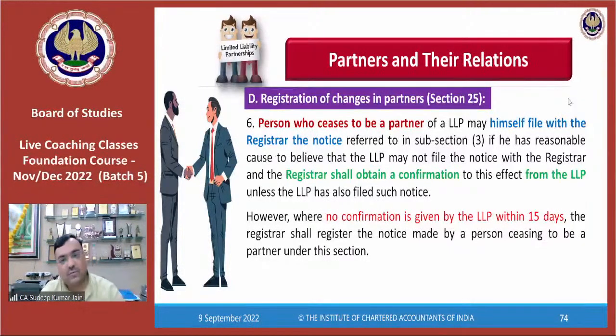रजिस्ट्रार को ये लगता है, रजिस्ट्रार भेजेगा इंफॉर्मेशन LLP को, LLP ने कोई जवाब नहीं दिया 15 दिन के अंदर, तो ये मान लेगा कि जो इंफॉर्मेशन मिली है, किस बारे में मिली है? पार्टनर के ऐड होने की या रिटायरमेंट के मामले में, तो वो सही मान के उसे रजिस्टर करेगा, फिर वो दोबारा उसको नोटिस नहीं भेजेगा पूछने के लिए। ठीक है, तो टॉपिक पॉइंट था ये कि अगर LLP इन्फॉर्म नहीं करती है ROC को, तो पार्टनर खुद दे सकता है ROC को इंफॉर्मेशन, एंड ROC एक बार कंफर्म करेगा LLP से, 15 दिन का टाइम देगा, 15 दिन में जवाब नहीं आया तो वो कंफर्मेशन मानता है। ठीक है,